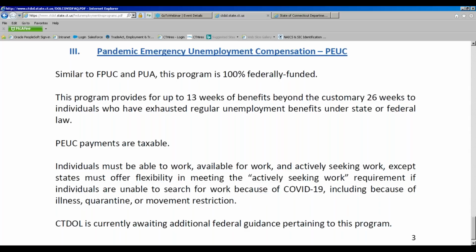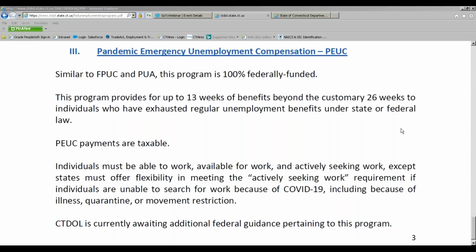So those are the three stimulus packages that we're going to talk about today that were signed by the President in the CARES Act. The Department of Labor is currently working on all three programs. Again, the FPUC payments, the additional $600, is the one they're working on currently, and they're hoping to be able to administer that program shortly. That's going to lead me to some questions that we had received from people, and I'm going to go over a few of them.